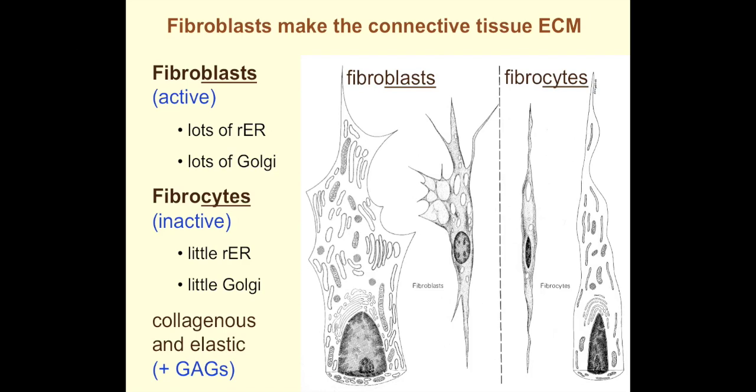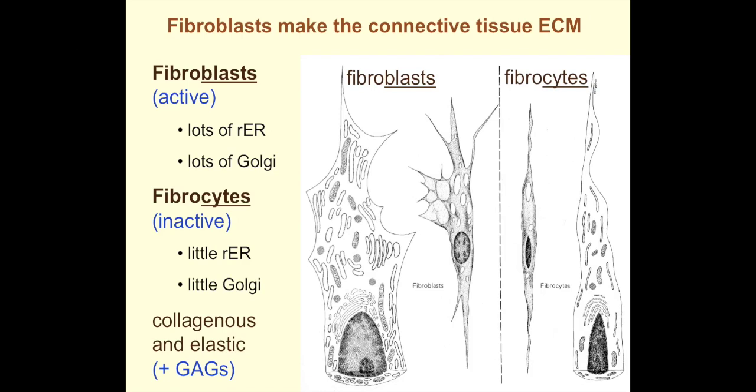Now, when fibroblasts have completed their job, they sort of become quiescent. That means that they quieten down and they form fibrocytes. So fibrocytes, the suffix "cytes" refers to cell or mature cell. So fibrocytes are relatively inactive. They contain little amounts of rough endoplasmic reticulum and Golgi because there's not a lot of synthesis going on of these extracellular matrix components. But that doesn't mean that they can't revert back into a fibroblast-like state where they synthesize